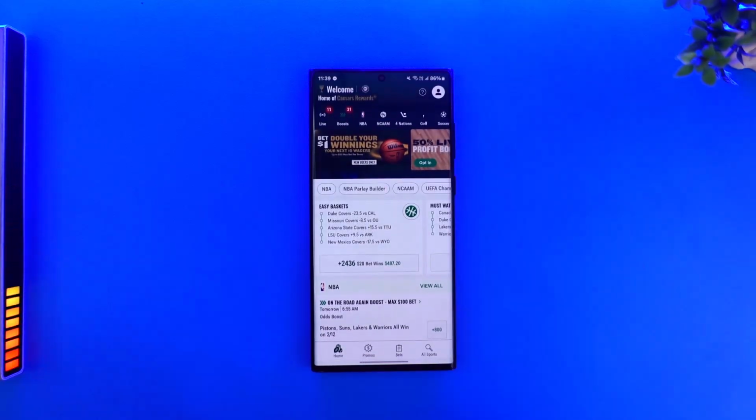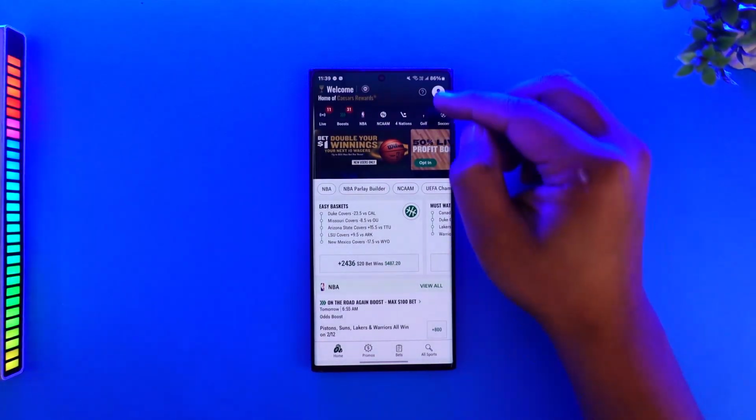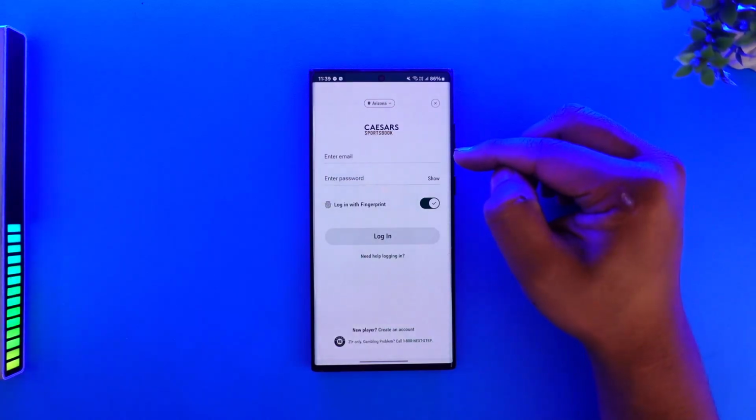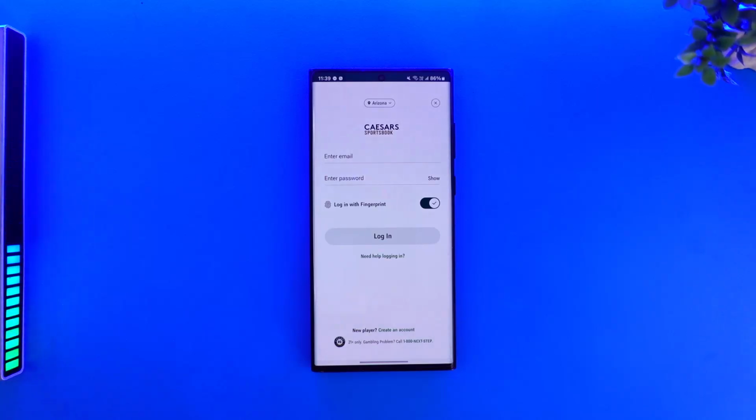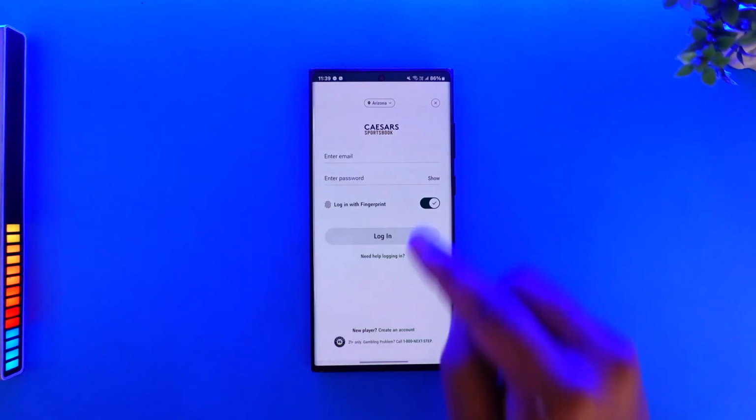First of all, launch the Caesars Sportsbook app, and then you have to log into your account by tapping the profile icon from the top right, entering your email and password, and tapping on login. Then after you are logged in, you have to simply deposit funds to your account. And once you make sure that you have deposited the funds to your account, you have to come back to